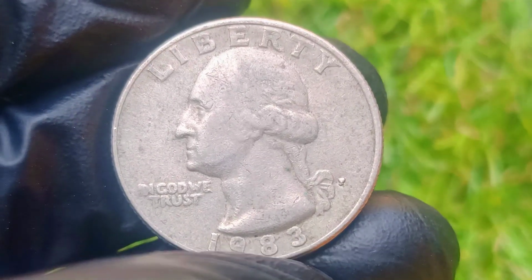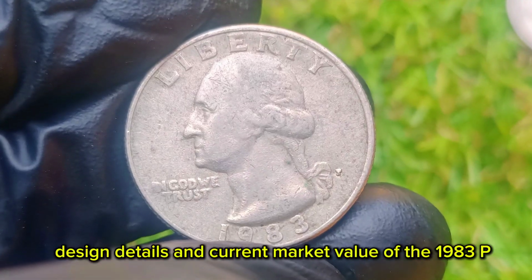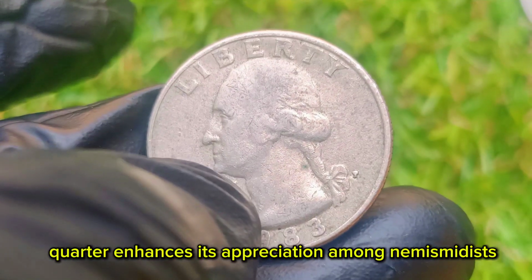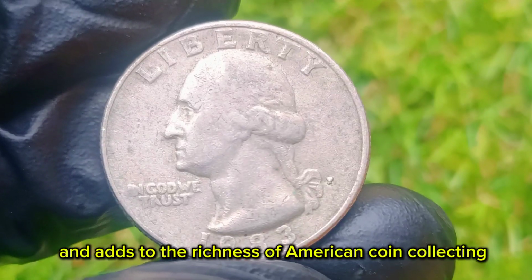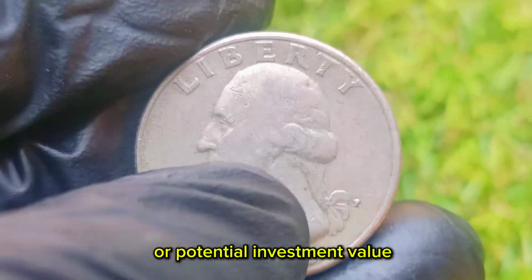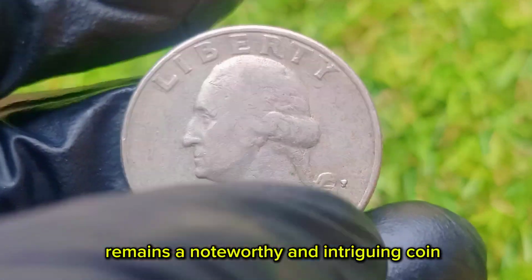to collectors. Understanding the historical context, design details, and current market value of the 1983 Quarter enhances its appreciation among numismatists and adds to the richness of American coin collecting history. Whether for its historical significance or potential investment value, the 1983 Washington Quarter remains a noteworthy and intriguing coin for